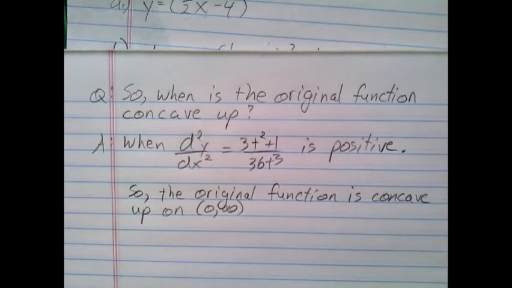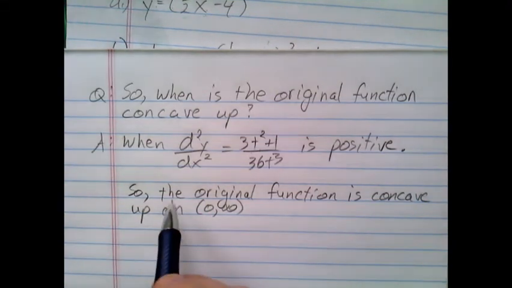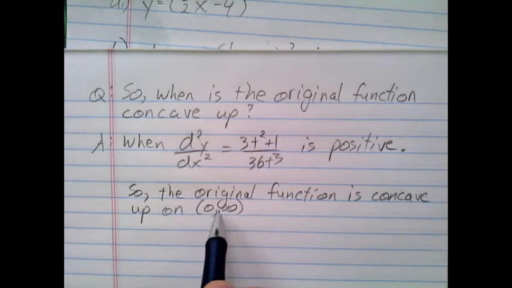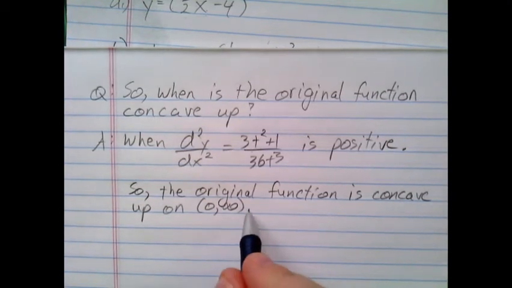The second derivative isn't even defined for t equals 0, so it's kind of hard to talk about the concavity there. It's probably an inflection point. But the original function is concave up on the interval from 0 to infinity,